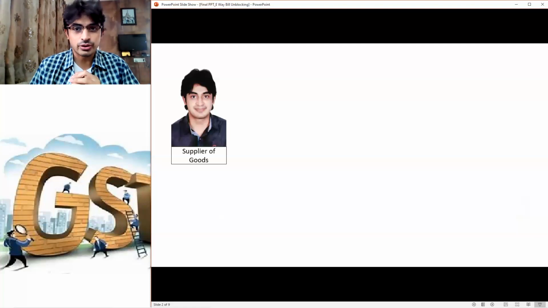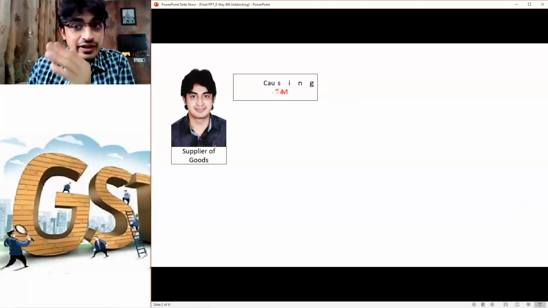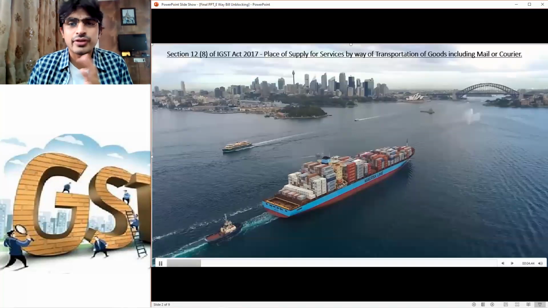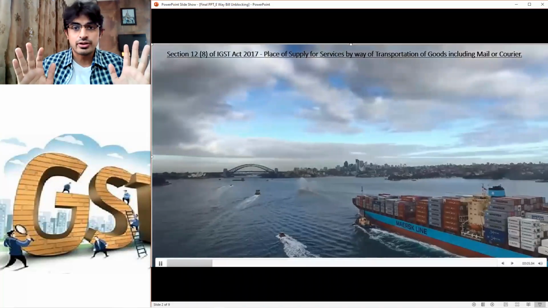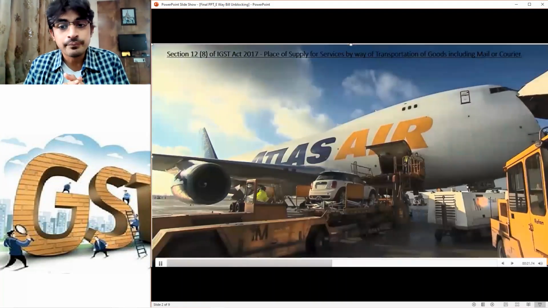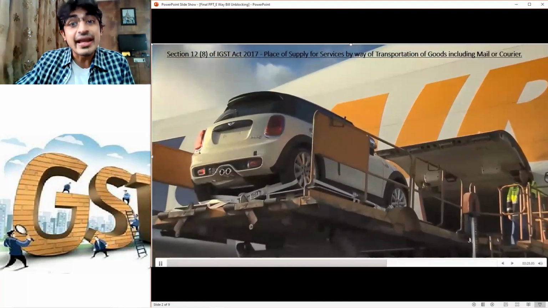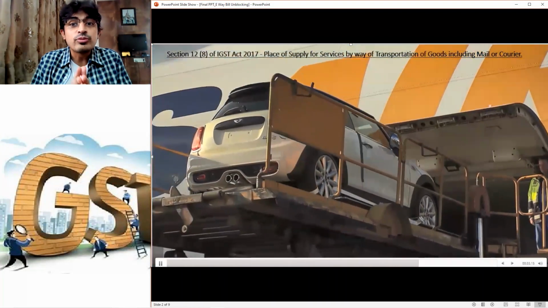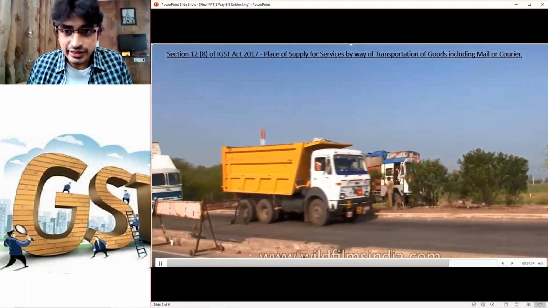Suppose I am a supplier of the goods. Every supplier, as you are aware, who is causing movement of the goods, movement can be from anywhere. It could be either through vessel, if you are moving the goods through water, or through aircraft. आप aircraft से goods का movement कर रहे हो, or it could be movement through trucks, railways, anything.